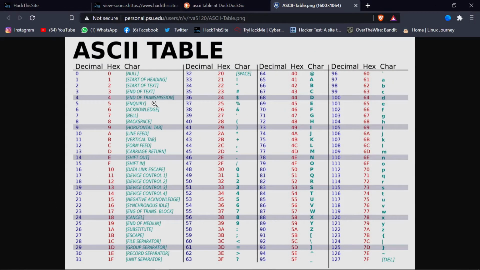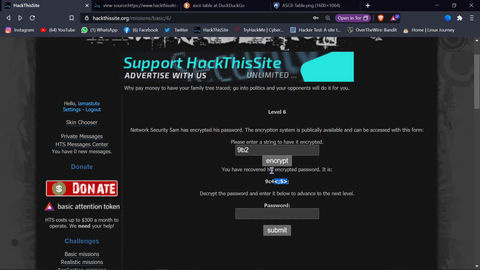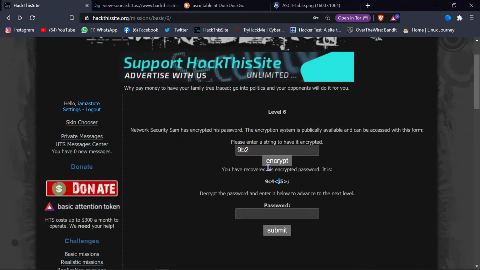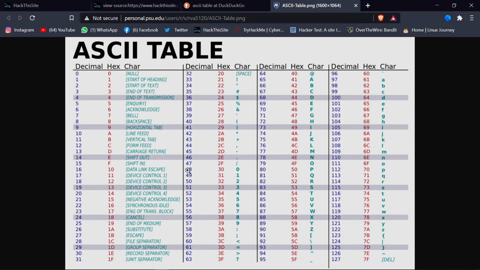So in the ASCII table, what we have is the less than sign, right? For the less than sign we need to subtract by 3. So find the less than sign. Where is the less than sign? This is the greater than or less than? It's the less than sign, right? 1 2 3. So 9 will print a less than sign.